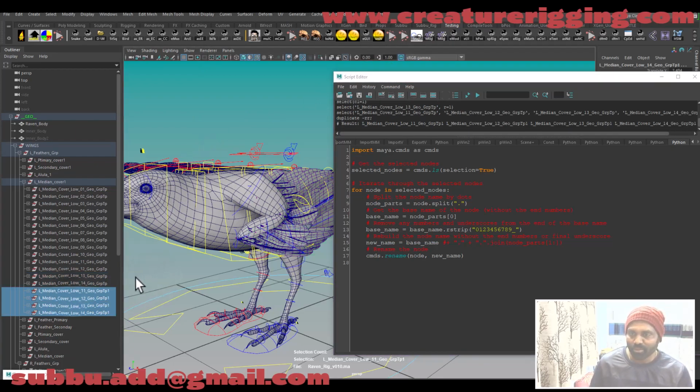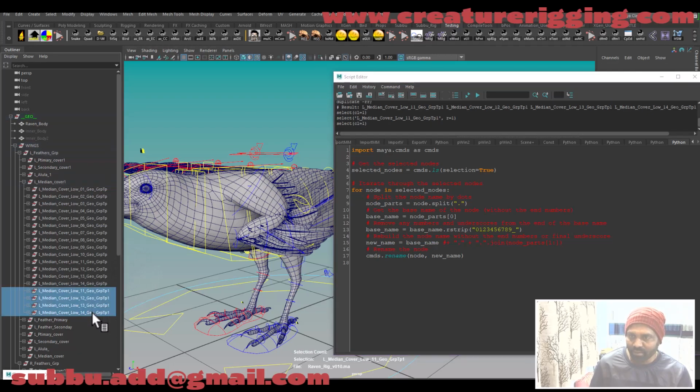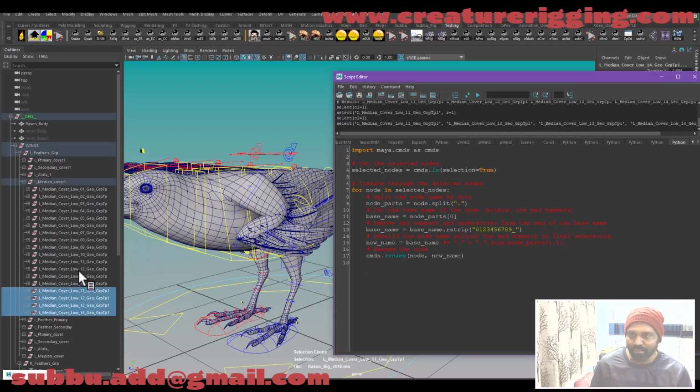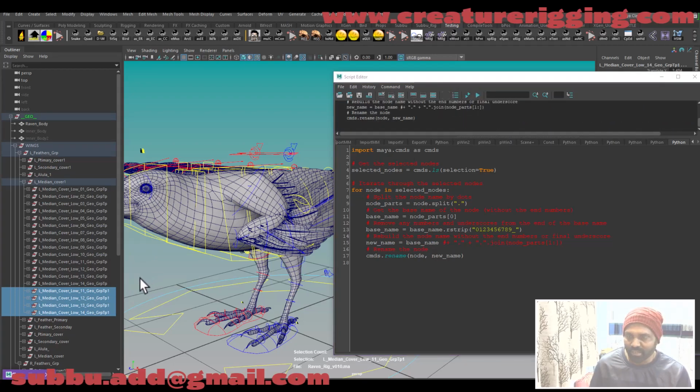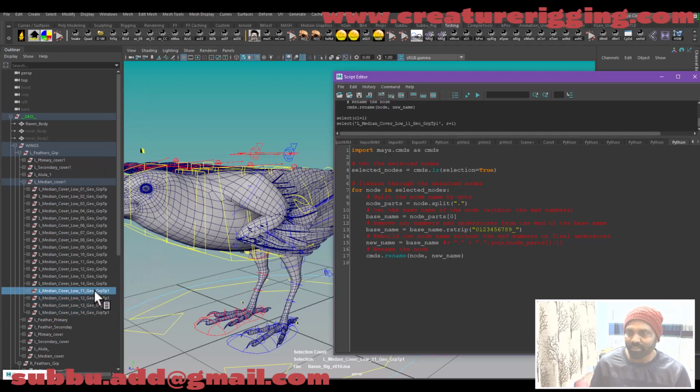So the moment we go ahead and see this, it will be adding an end number, right? If I try this directly, since the same number already exists, it can't change. Even though it tries to change it, it's not changing, right? So then what I did was I just went ahead and